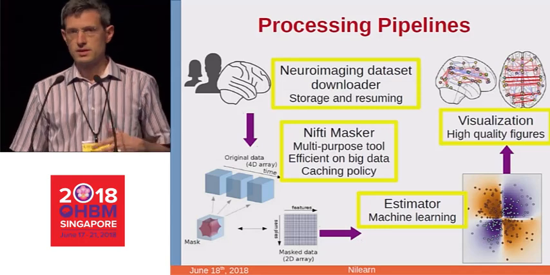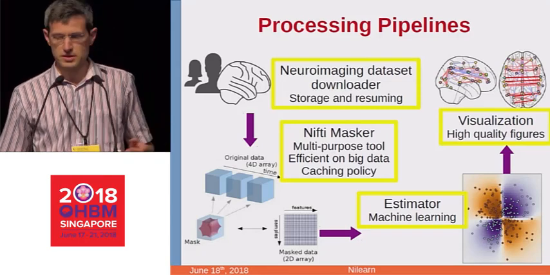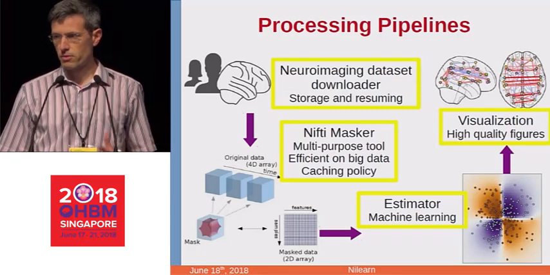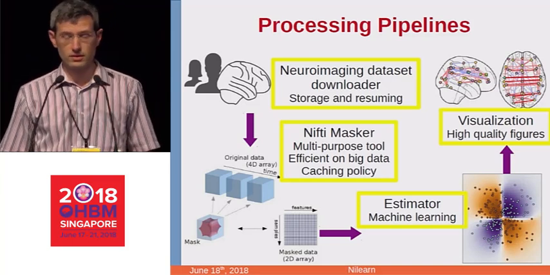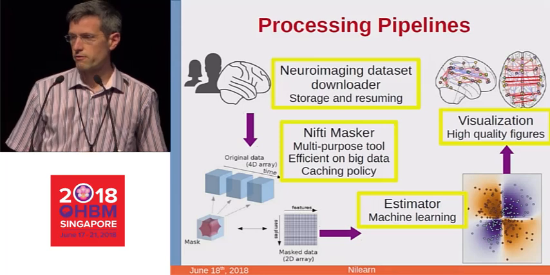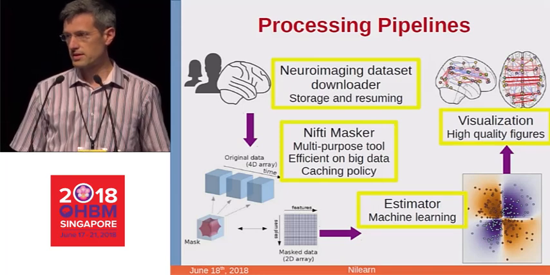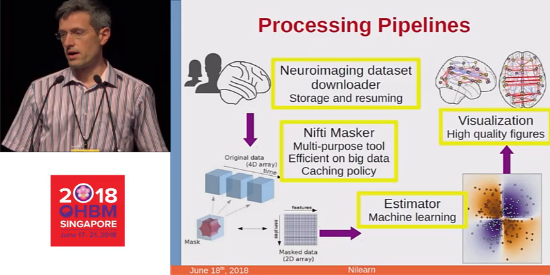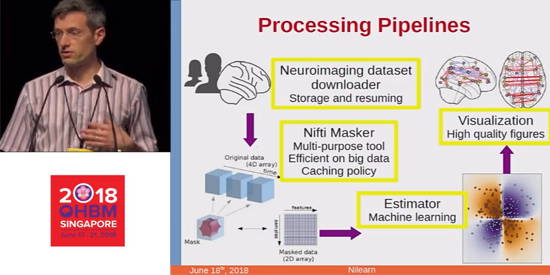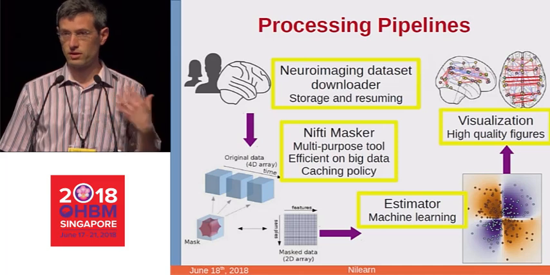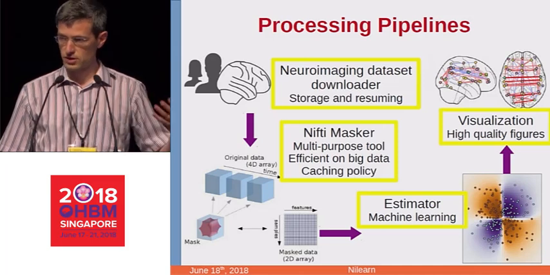So typically with Nilearn, you will write some scripts to analyze your data, and the 4 main steps are first, getting the data, downloading the data. So we have a fetcher to get public data sets very easily, and they support resuming. So if you cannot download all your data at once, you can do it in several times, and it will